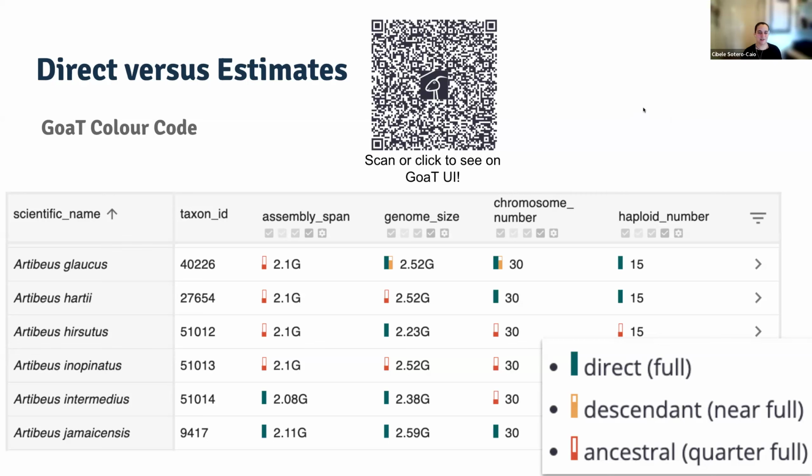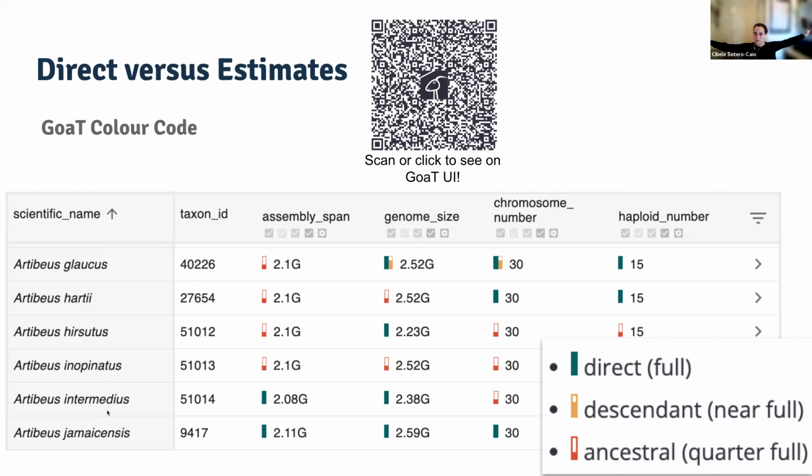All right. So, as you cannot see on the GOAT page, if you go here, you have a list of species, right? You have different bats, all in the same subfamily. You have assembly span, and you can see that for these two, assembly span is actually the length of an assembly, in base pairs.